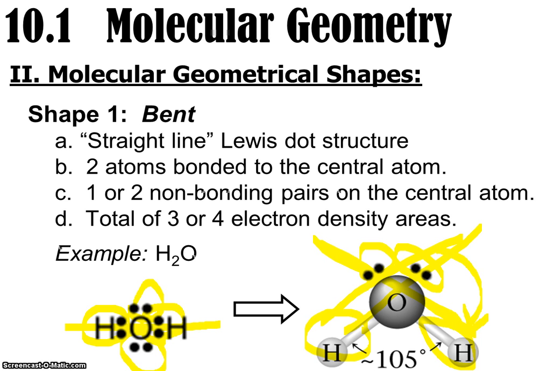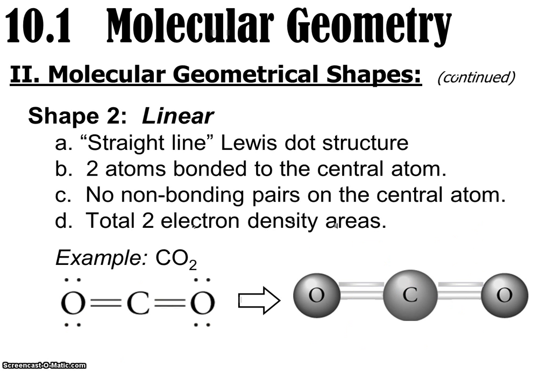It'll stick out. So this is what a bent molecule looks like. It'll basically look like a V. Now if you have a straight line Lewis dot structure that has 0 non-bonding pairs, so for example carbon dioxide